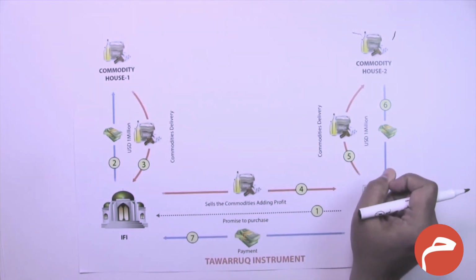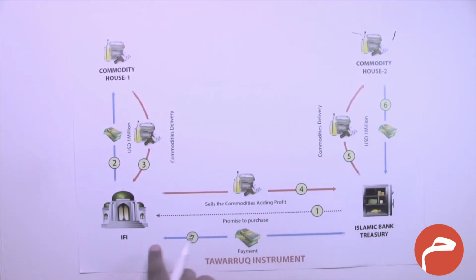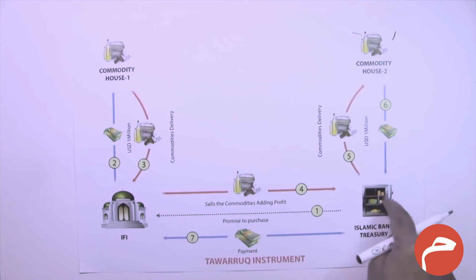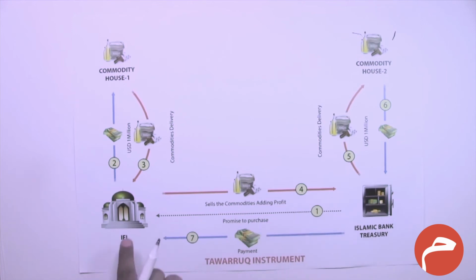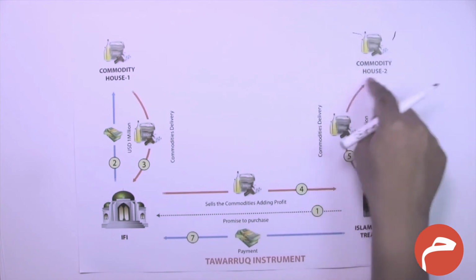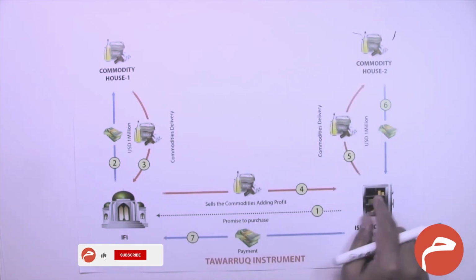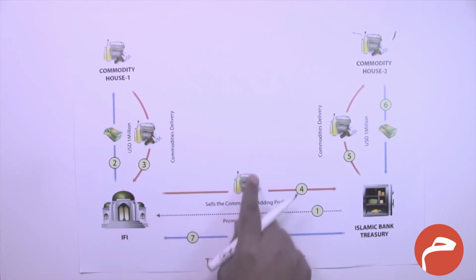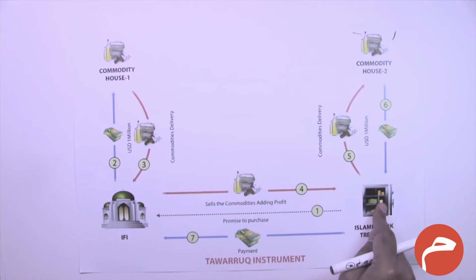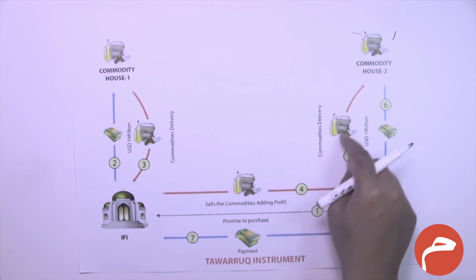And another important point which needs to be considered is that the purchaser in this transaction of these commodities should not appoint this financial institution to sell these commodities to this commodity house, meaning to say that the seller should not be reappointed as an agent to on-sell the commodities which are being purchased. So this Treasury Department can enter into any other relationship to sell these commodities with any